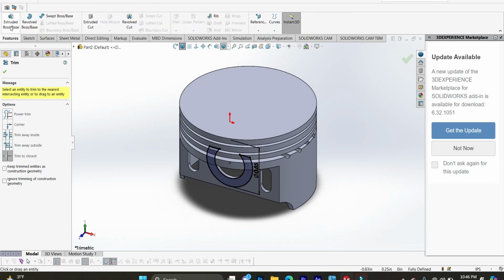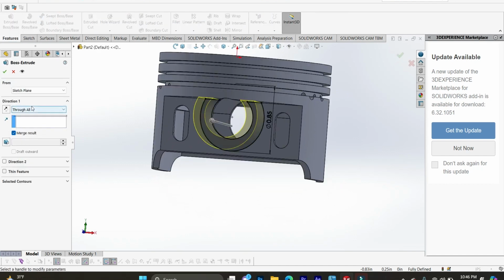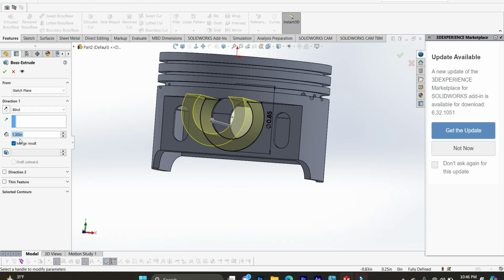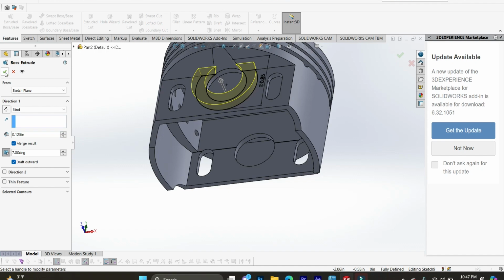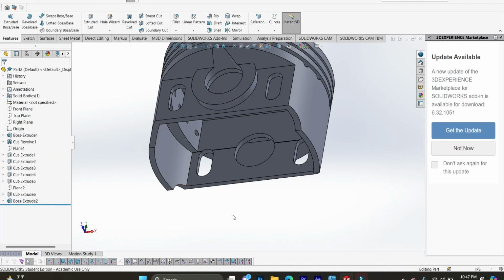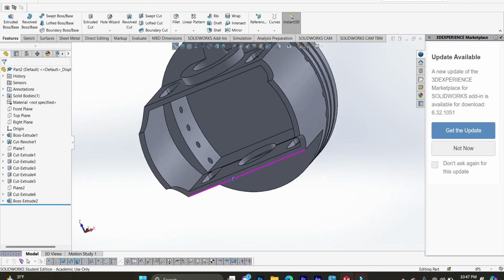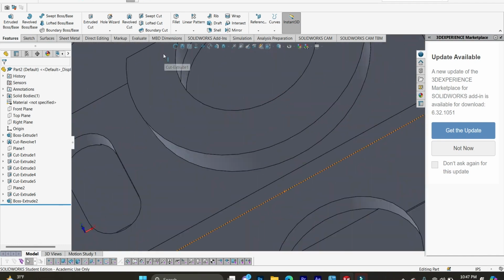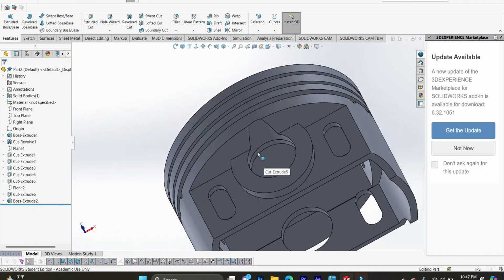Now go to features, extruded boss, blind, and this one is 0.125 with the draft on and 7 degrees. Draft outward, and enter. You can see these are nicely mated, merged in together, very nice. Okay,